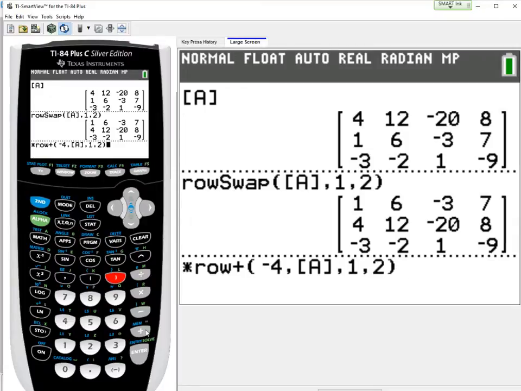So make sure you know that notation there. Value, matrix, row A, row B. Once you hit enter,